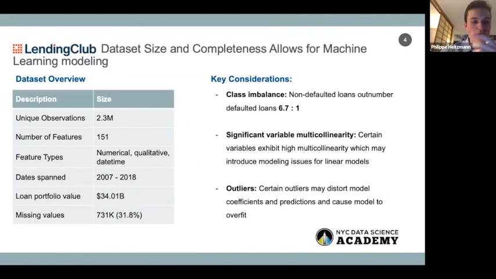So the data set that we have access to only has the data for approved loans. We unfortunately don't have the rejected loan data set. That partly explains why we have the class imbalance problem that I discussed, where you have more good loans than bad loans, because the ones that are rejected are typically going to be, in most cases, bad loans, and wouldn't be interesting for investors to invest in.